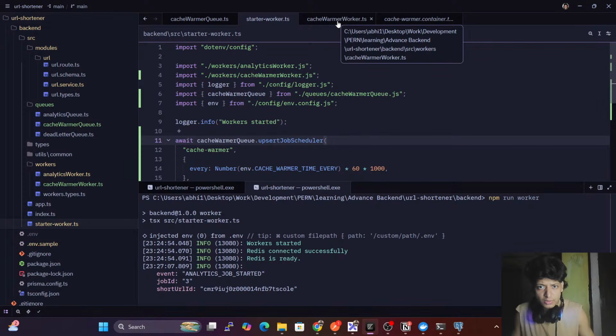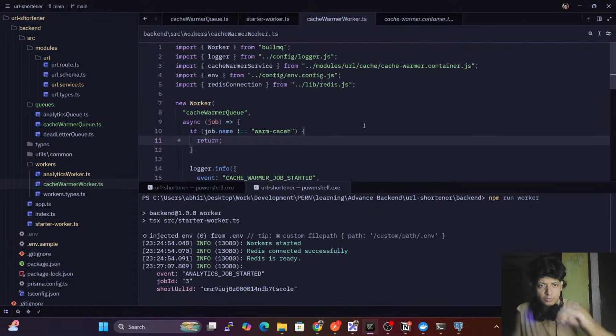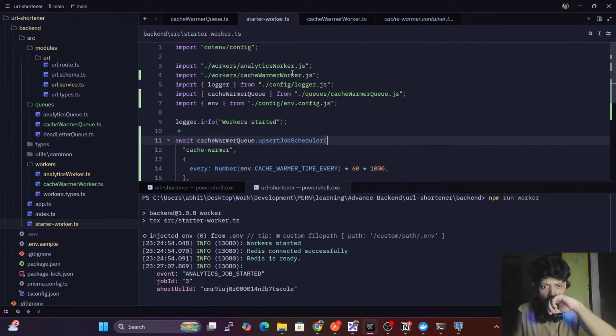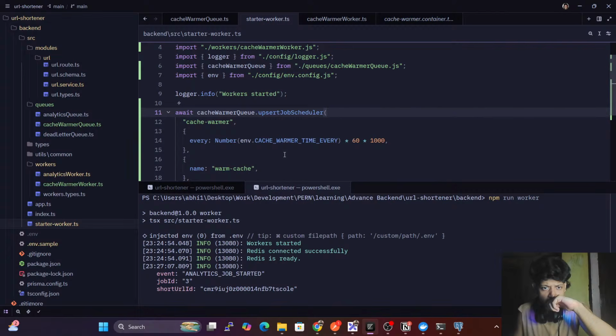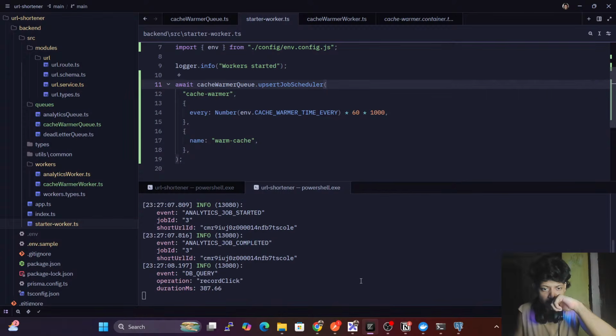cache worker, starter worker, worker started, goes here. After it is 15 minutes. It's saying 15 minutes. For now,